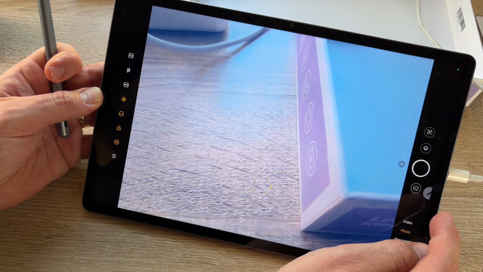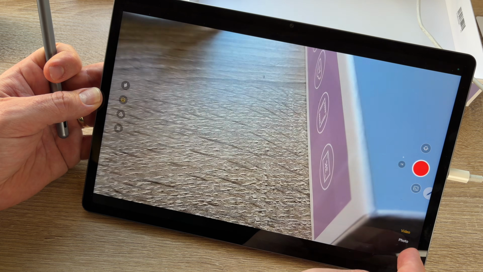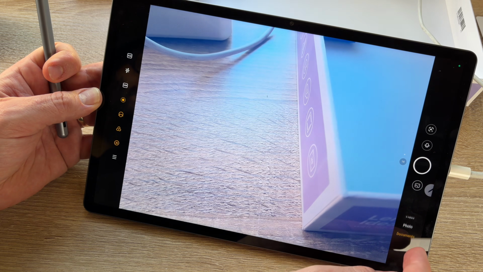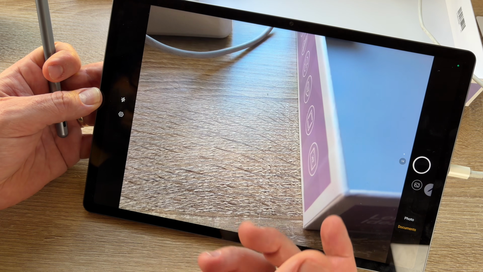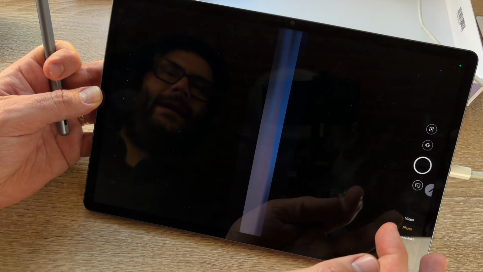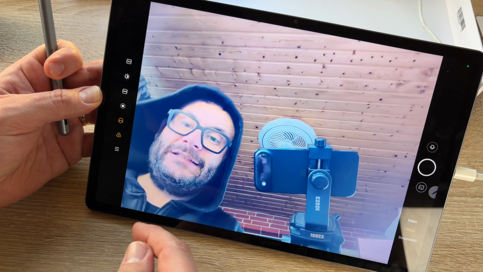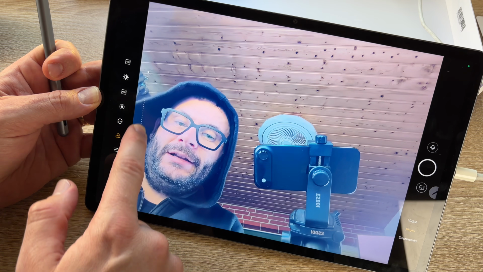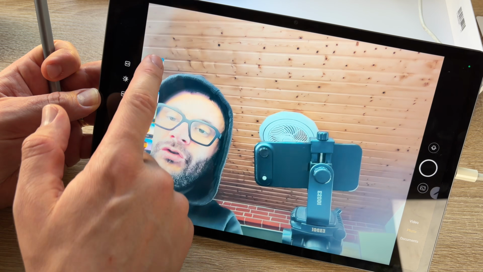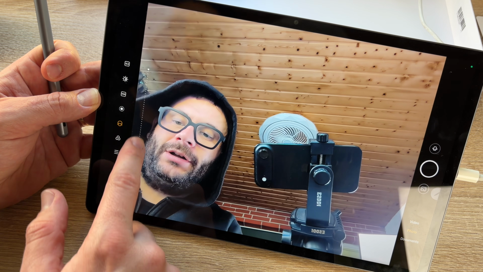Of course, we can use video here. This is some of this editable stuff too. Photos, documents. Documents is like a scan function. And of course, we can switch the camera to the other side. And now you can see some stuff which we can use to show this image in quality.